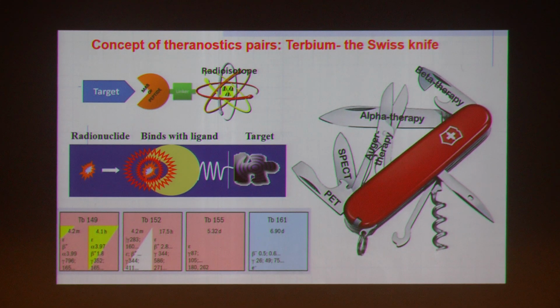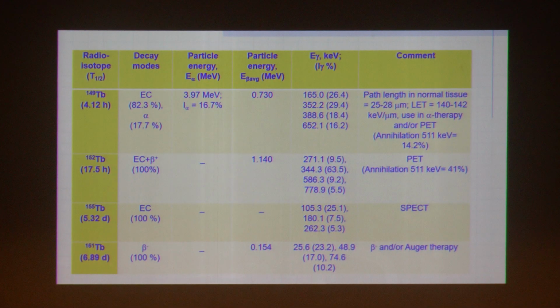Now, the concept of the theranostic pair, as I was telling you, this is the present era of theranostic pairs. I can take the example of terbium again, which at present is one of the most important radioisotopes because of the quadruplet family. It is also known as the Swiss knife. Why Swiss knife? Because the 4 different radioisotopes can be used for different purposes: beta therapy, alpha therapy, and also as PET candidates. If I now talk about the isotopes 149 terbium, 152 terbium, 155 terbium, you will see that 149 terbium is the sole alpha emitter which can be used for alpha therapy. 152 terbium can be used for